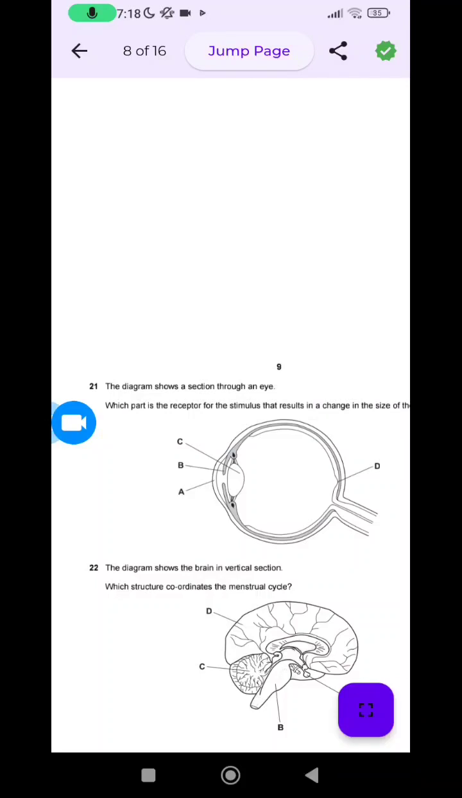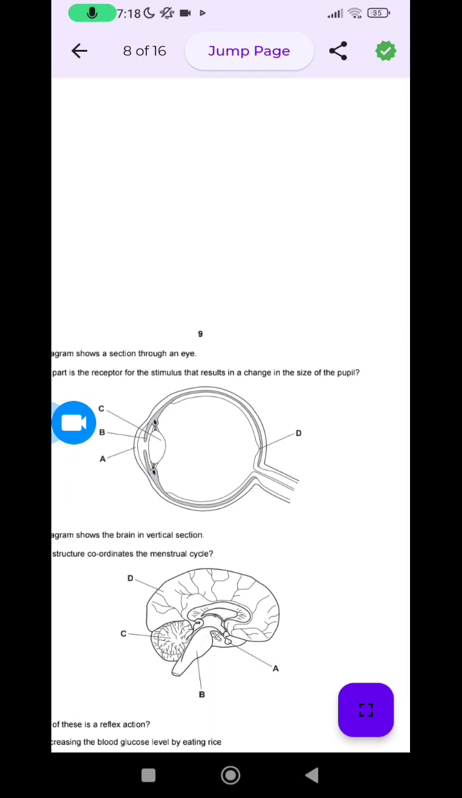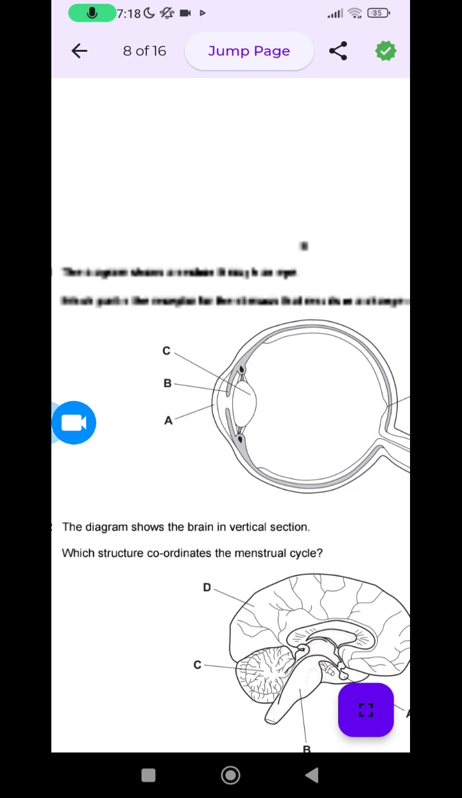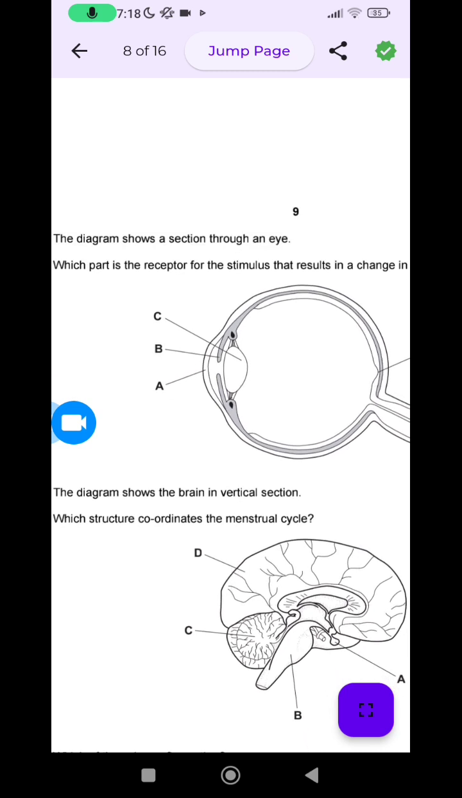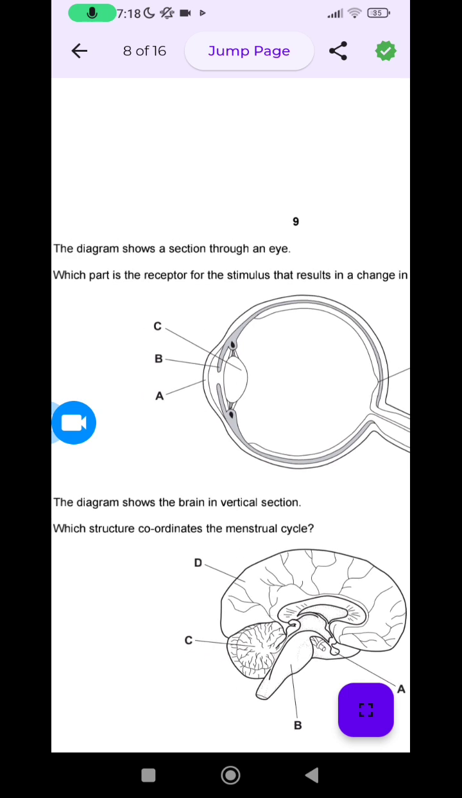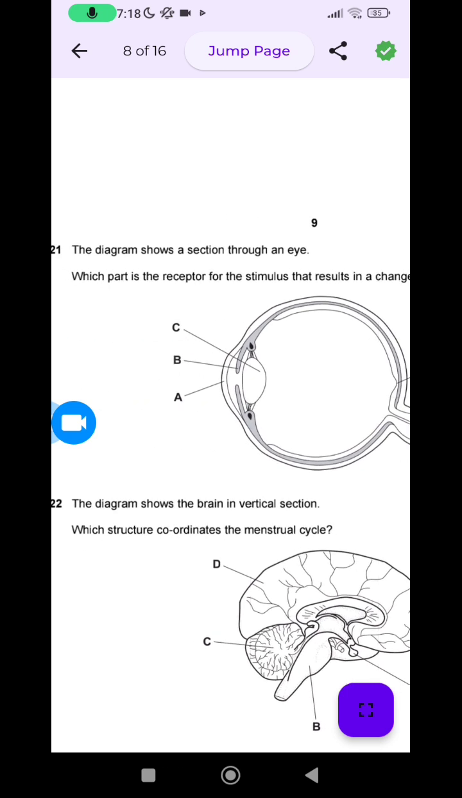Question 21. The diagram shows a section through an eye. Which part is the receptor for the stimulus that results in a change in size of the pupil? Now this is a tricky question because you may look at the suspensory ligaments and the muscles that control the roundness and thickness of the lens and quickly go for either B, C or A, but this is incorrect because D is the correct option because it says clearly that results that receptor for